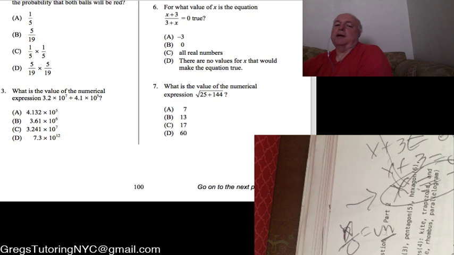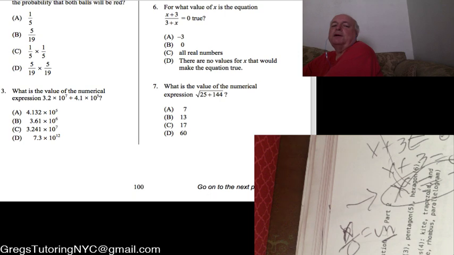So let's try 0. Let's try B. B says 0. Well, that gives us 3 over 3, and that's 1. Is 1 equals 0 true? Nope. All real numbers? Like, really, dude? All real numbers? So I can try 5 here. If I try 5, I get 8 over 8. Wait, that's still 1. So if I try minus 2,